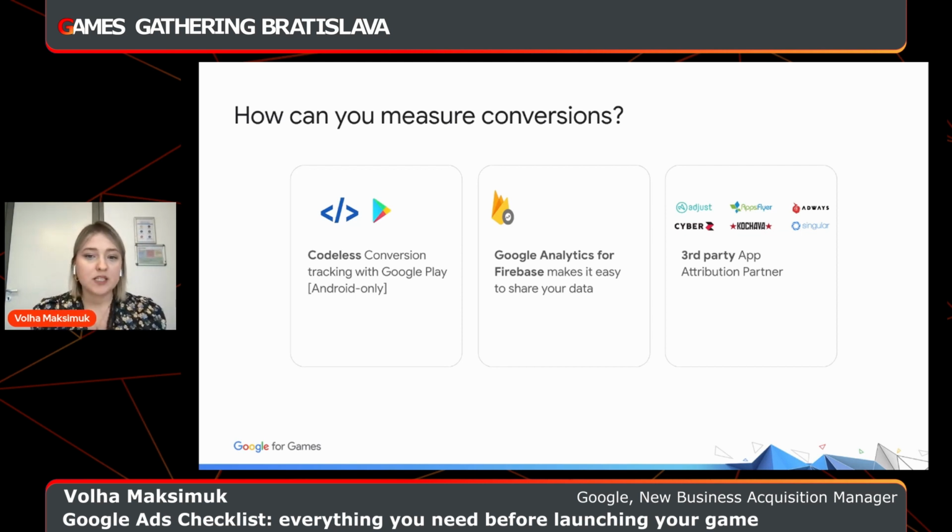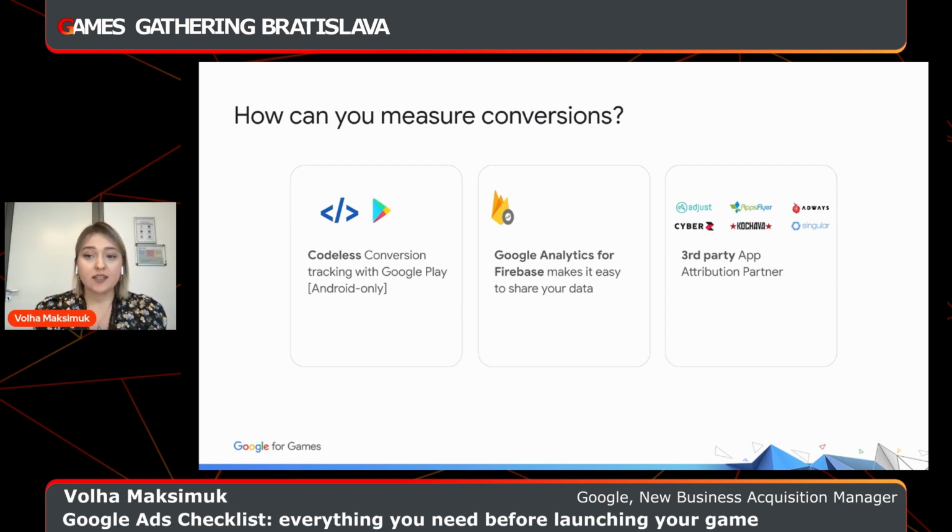And this is the moment when you need a real app attribution platform, which can be either Firebase, the Google one, so Google Analytics for Firebase, or a third-party app attribution partner. There are some on the slides, which you can see, such as Adjust, AppsFlyer, and so on.